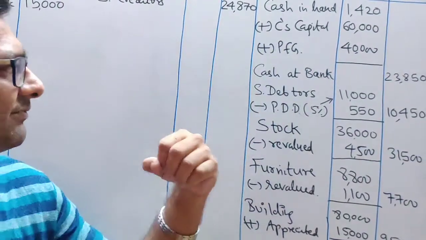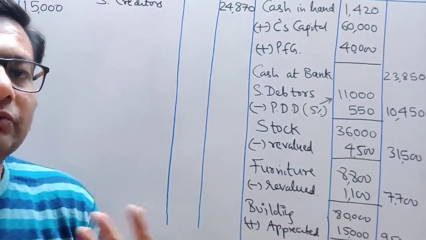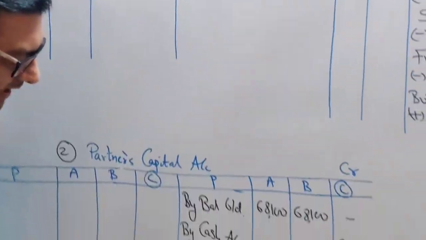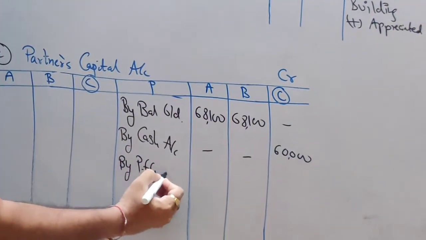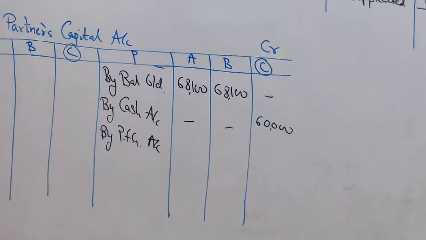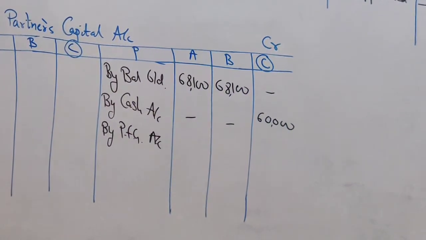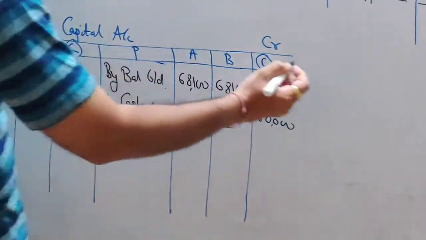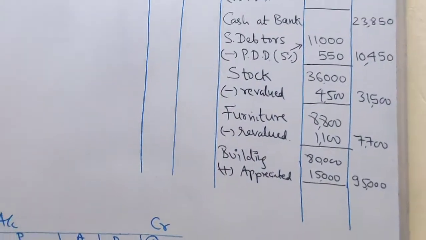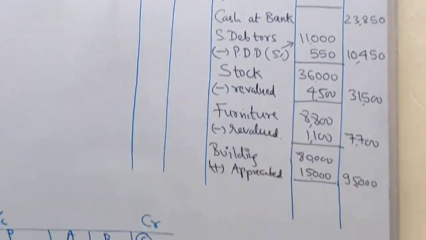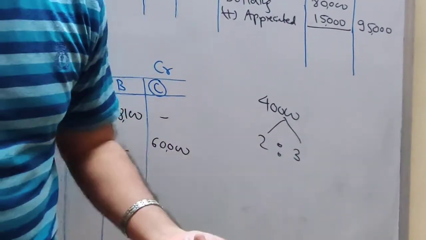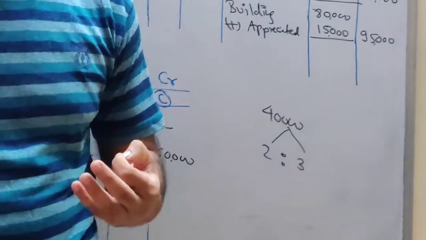Now what will you do for the second effect? This goodwill of 40,000, what will you do with it? You will give it to the old partners, and you will write it on the credit side by premium for goodwill account, and distribute that 40,000 between the old partners, the sacrificing partners, in the sacrificing ratio 2:3. So what is the amount? 40,000, and you will divide it in the ratio of 2:3. Now students, this is the old profit sharing ratio, and what I am assuming here is that your old PSR is equal to the sacrificing ratio. Why? Because they haven't given the new ratio in the sum.